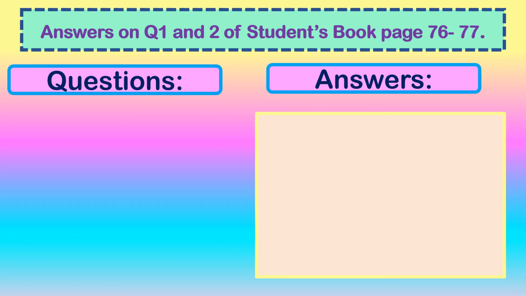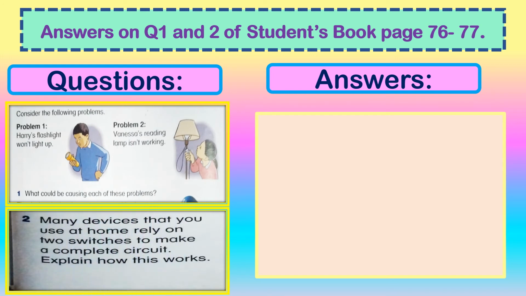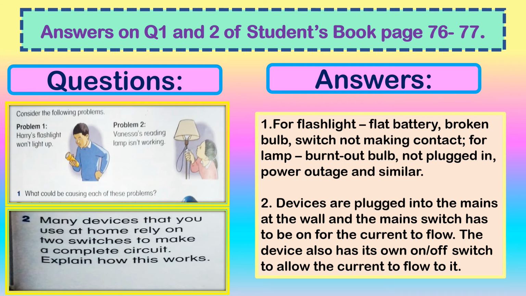Now, let us discuss the answer for questions 1 and 2 on student book, page number 76 to 77. For question 1, what could be causing this problem? For number 2, many devices that you use at home rely on two switches to make a complete circuit. Explain how this works. For number 1, the answer is for a flashlight: flat battery, broken bulb, switch not making contact; for a lamp: burnt-out bulb, not plugged in, power outage, and similar. For number 2,